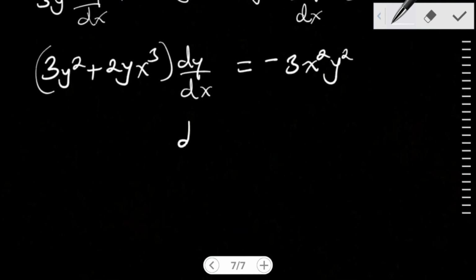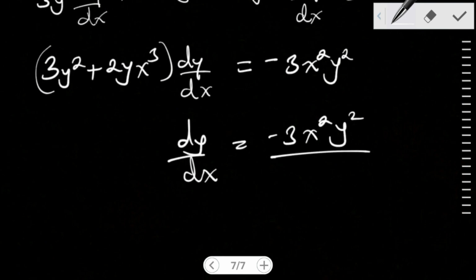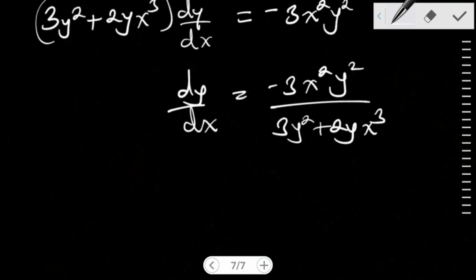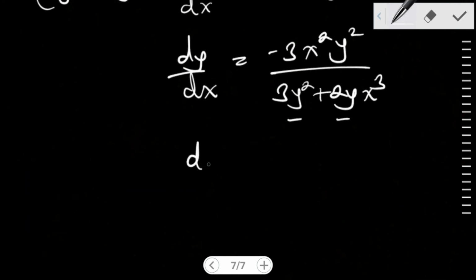Therefore, dy dx equals to negative 3x squared y squared all over 3y squared plus 2y x cubed. And therefore, since y is common throughout, dy dx would be equals to negative 3x squared y all over